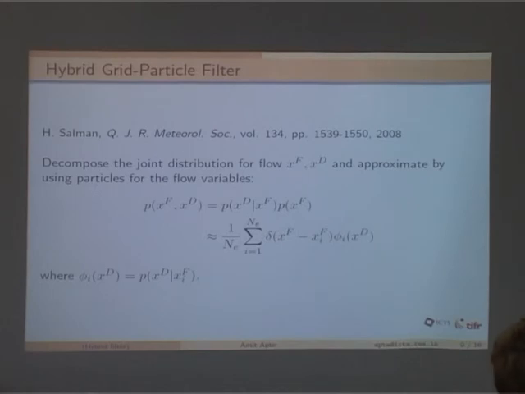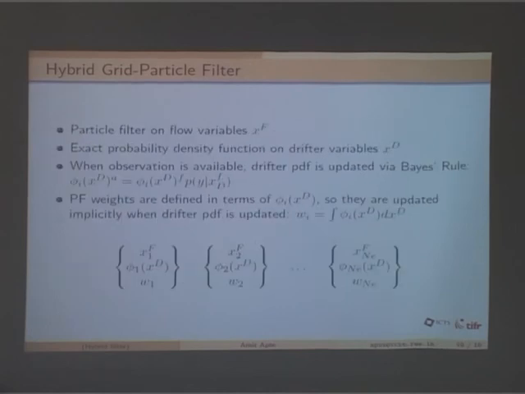The whole theory can be carried through, at least the ensemble Kalman filter part of it. And he showed that it does lead to significant improvement in the results, because you are basically sampling the drifters in a very accurate fashion. In the example that he used in the paper, he actually solved a 2D advection diffusion equation for this, numerically, so it's a fairly high resolution sampling of that. Let me not go through the details right now.